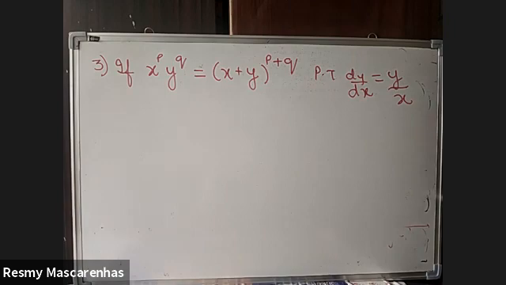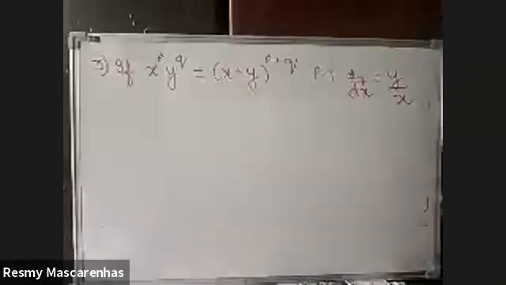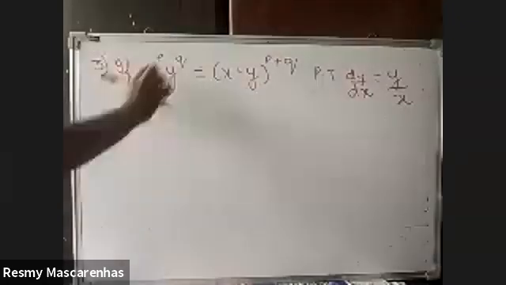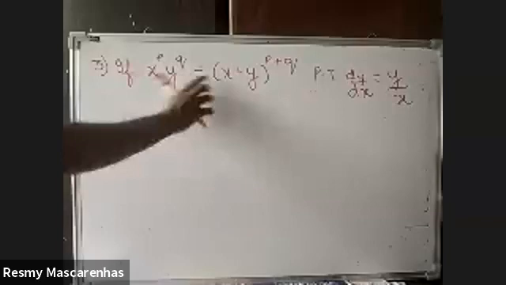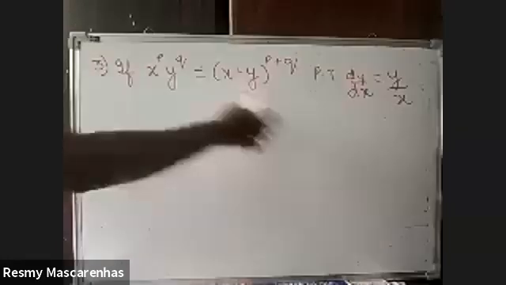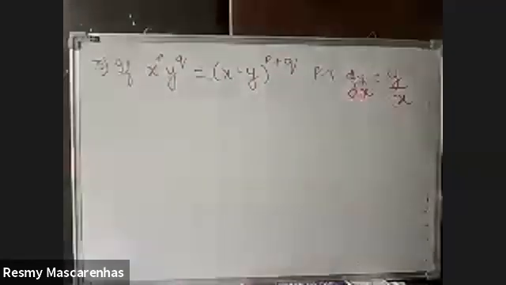So, class, solving problems on implicit functions. Meaning what? You have to find derivatives of functions which include x as well as y terms. Now there is one equation given to you: x raised to p, y raised to q is equal to (x plus y) raised to p plus q. Given this, you have to find the derivative and show that the answer is y upon x.